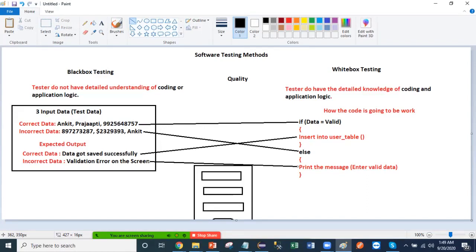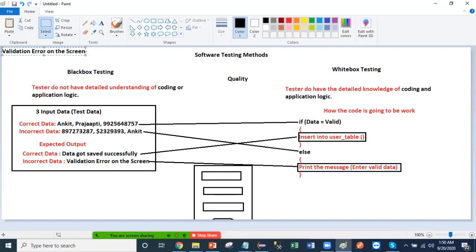So here it inserts that new record into the user table if the data is valid. If the data is invalid, then print the message that you have entered invalid data. You can also write it this way, print this message. They are both doing the same thing, you got my point.